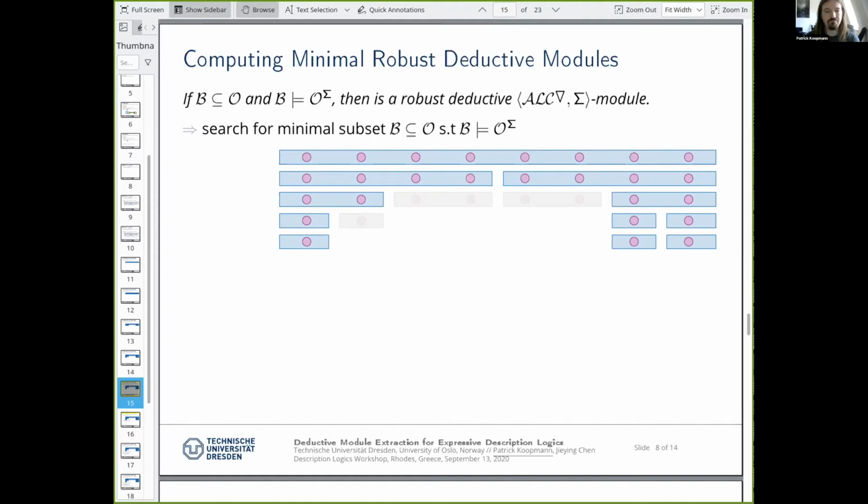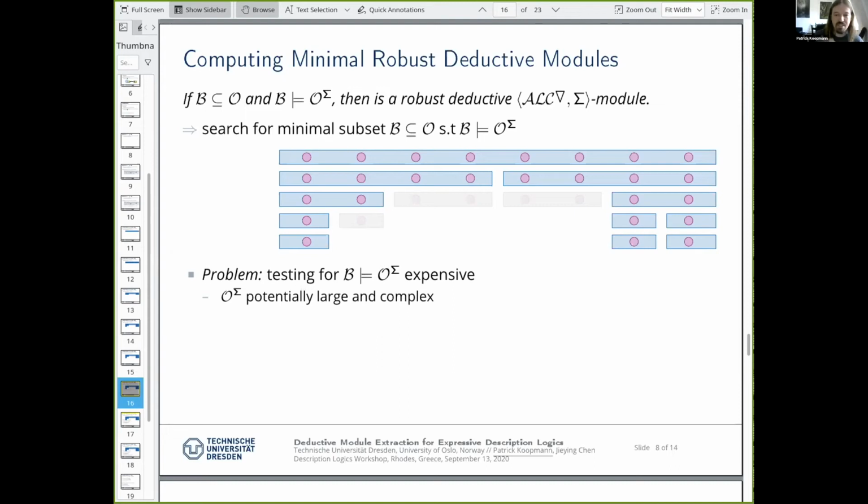Strange. So yeah, you just use a standard algorithm. This type of problem has been considered before. It's very close to axiom pinpointing, and in fact, what we're computing here is actually a justification. There's only one problem. If we just use a search like this and we test in each step whether the interpolant is still entailed, then we have to do a lot of entailment tests that turn out to be very expensive in practice. And the reason is that the uniform interpolant is potentially very large and complex, and modern reasoners don't like that